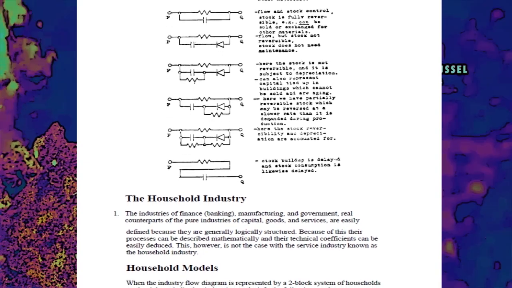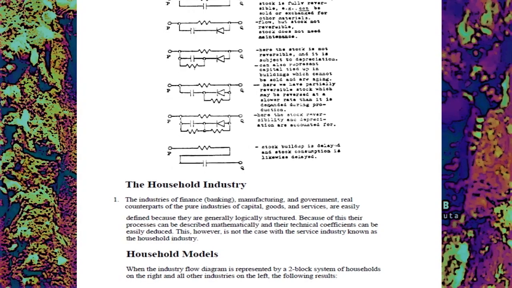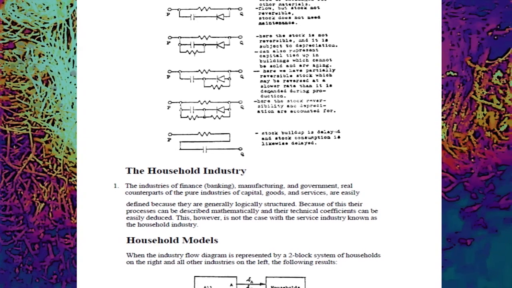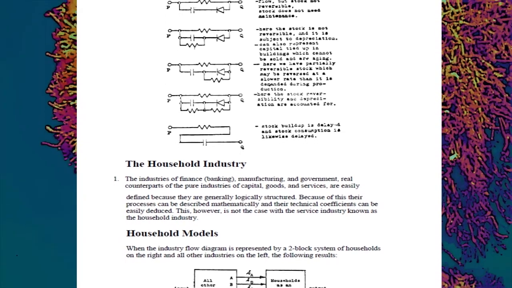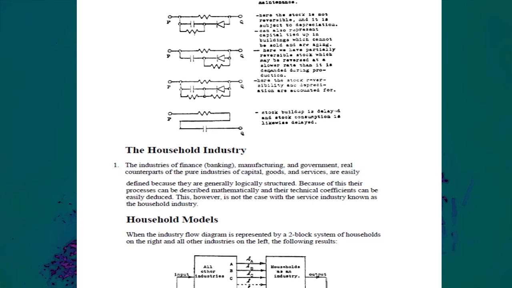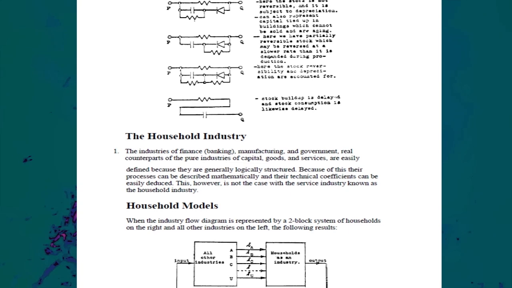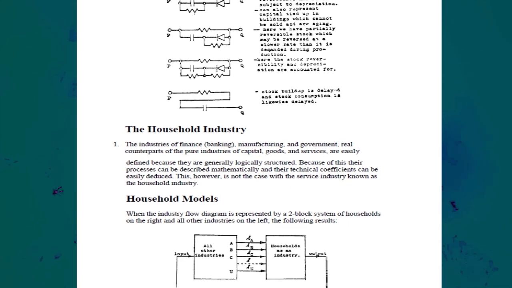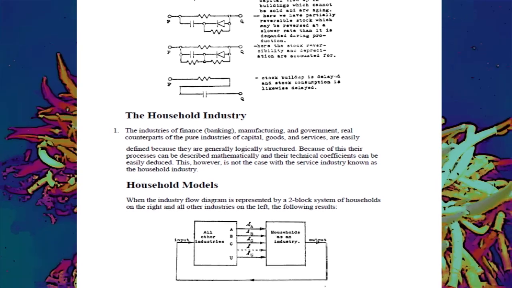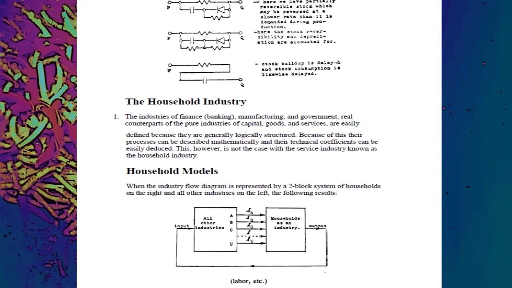Household models. When the industry flow diagram is represented by a two-block system of households on the right and all other industries on the left, the following is the result. The arrows from left to right, labeled A, B, C, etc., denote flow of economic value from the industries in the left-hand block to the industry in the right-hand block, called households. These may be thought of as the monthly consumer flows of the following commodities: A, alcoholic beverages; B, beef; C,